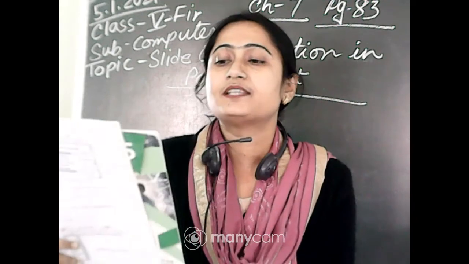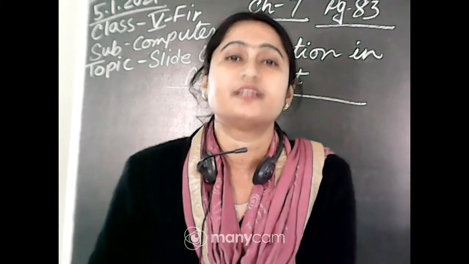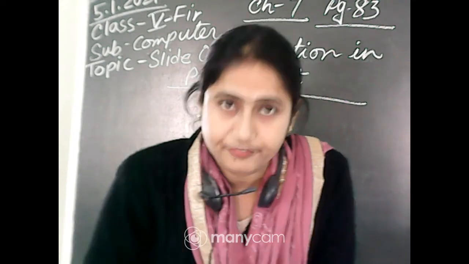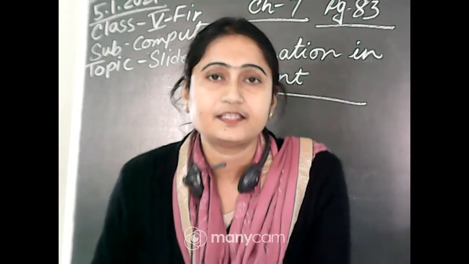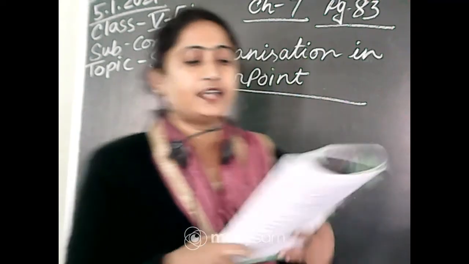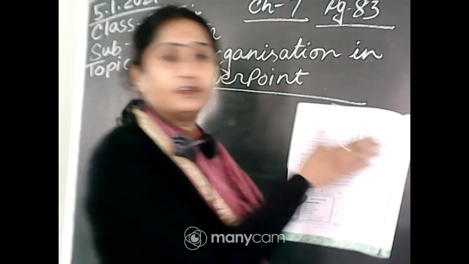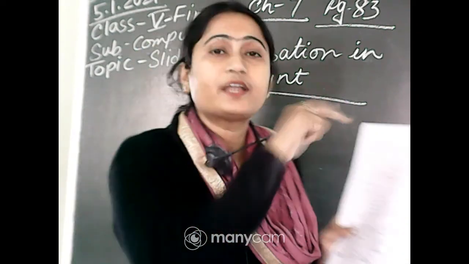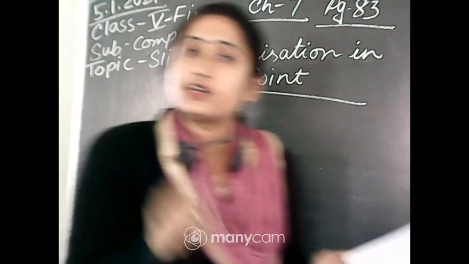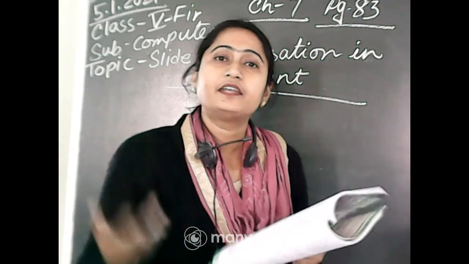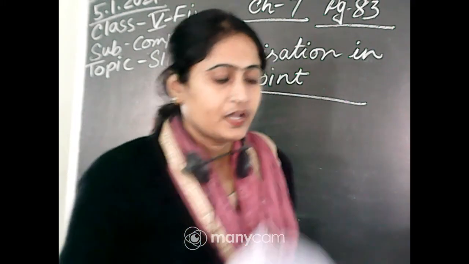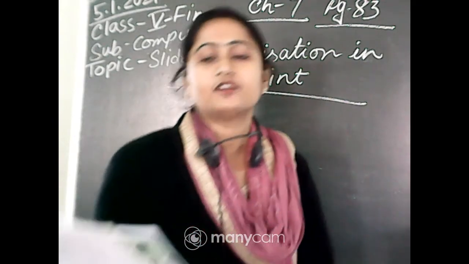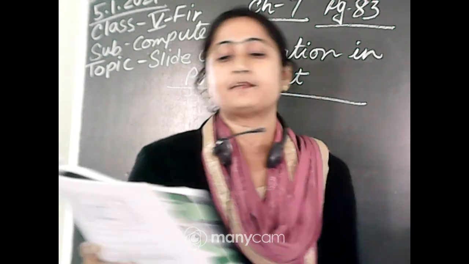How? Open the slide in which you want to edit the text. First you have to select the slide you want to modify. When you select the slide, you can see it in the middle in the working area. When you click on the text, you can see a placeholder. Placeholder means where you can add the text. Click on the text, and a placeholder will appear.